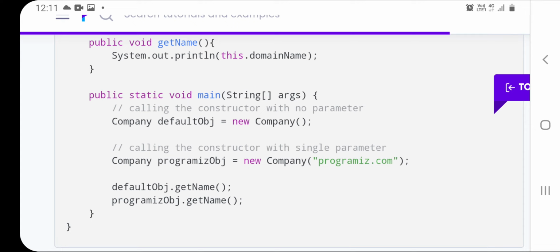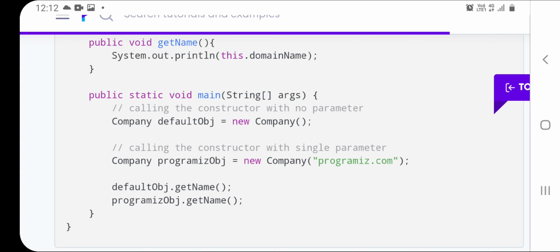Now we are calling the constructor: Company default object, new Company. When you are not passing any argument, the first constructor, that is the no argument constructor, will be called. When you are passing an argument in the second object, the object name is programs.